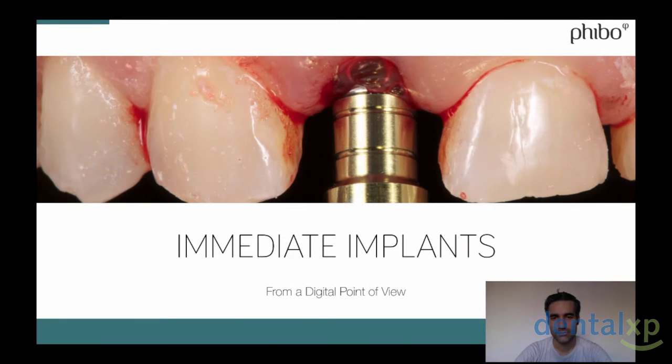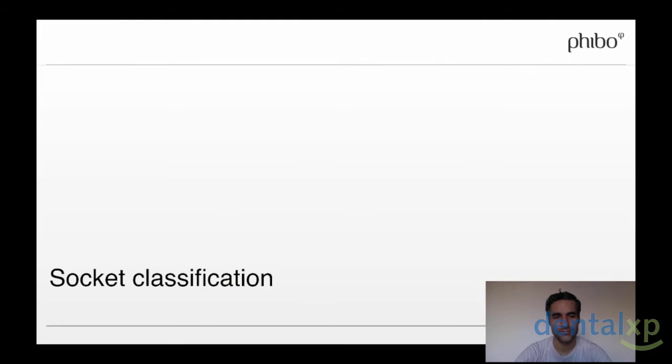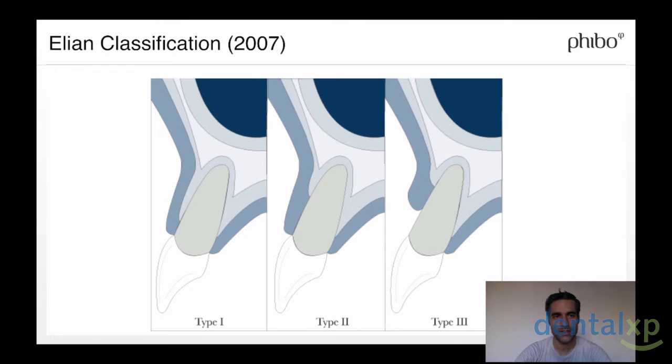Now we are going to move to immediate implants, and this is where we are going to see something that is not quite new but is quite controversial. Let's see, the first thing is the socket classification. You have the Elian classification, where there is type 1, type 2 and type 3. The type 1 classification is when you have